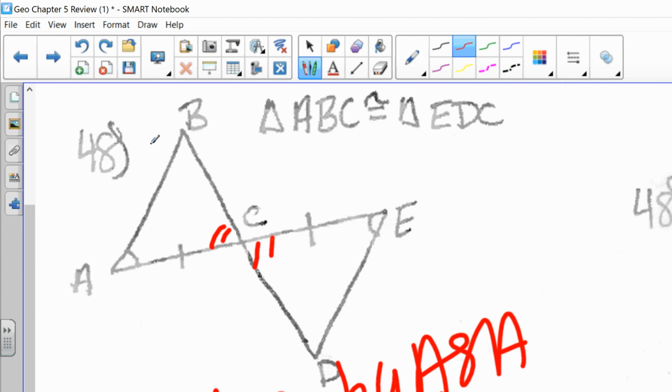That's all I want. Because they already gave us the congruency statement, we just said yes because of this. Can we say that the other 48 is true? Because E, F, G, H, K,